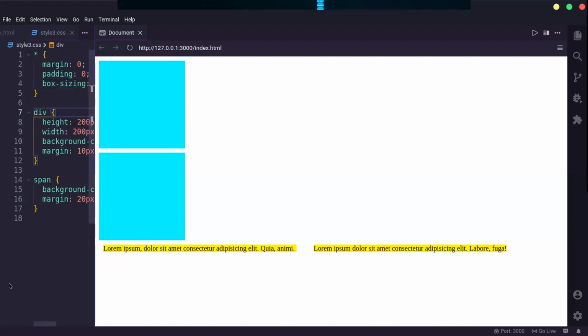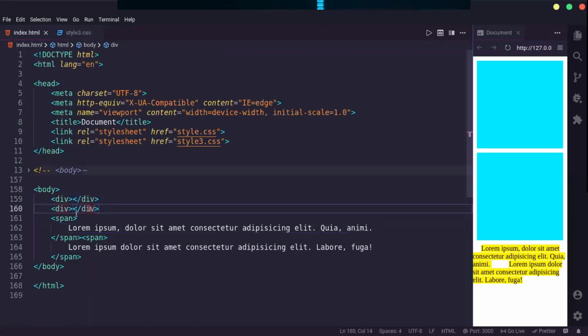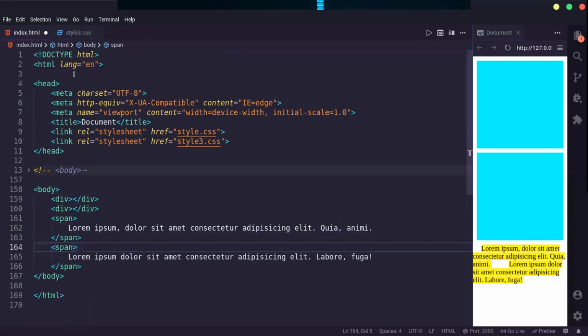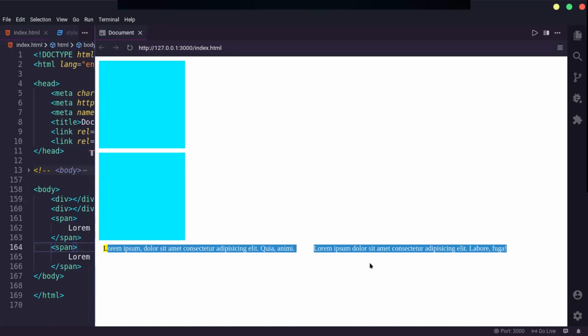This is because a div is a block element by default, and span is an inline element by default. We can make them block by defining it, but by default they are inline, so they are coming in a single line. The element only occupies the space which it needs, and it doesn't add a line break. But in case of block elements, they occupy the space which they require, and after that they add a line break. So you can see here.